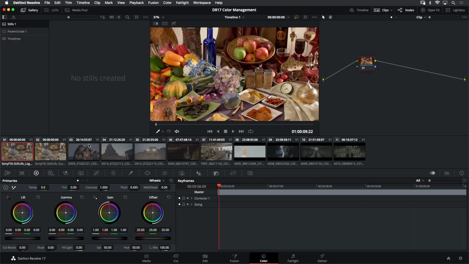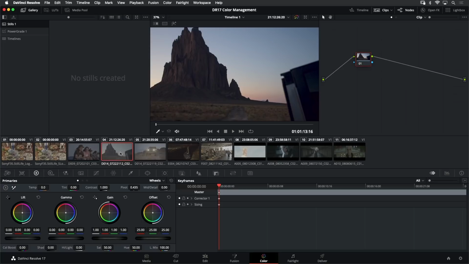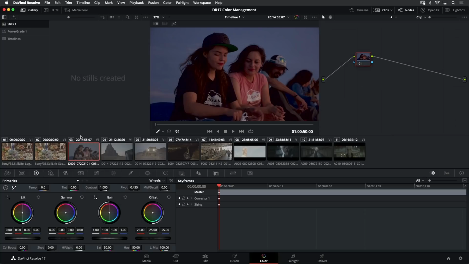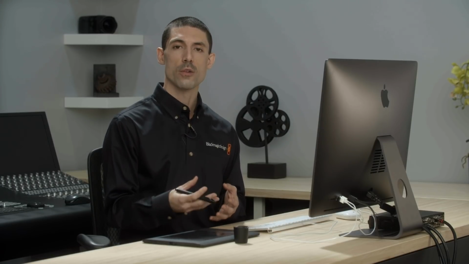And once again, I just want to point out that all of my raw material taking place here later in the timeline is automatically being mapped for me. And in fact, I don't even have the option of changing my input color space because Resolve has me covered. It is automatically correctly mapping that raw image into my color management workflow. Thus far, we've talked about a couple of different solutions for color management inside of Resolve. I now want to go a little bit deeper into Resolve Color Management and talk about some of the extra tools and parameters that are available to us if we wish to exert control over them.